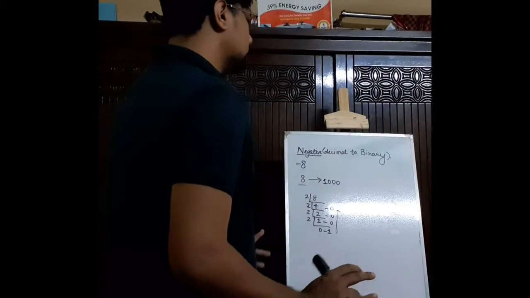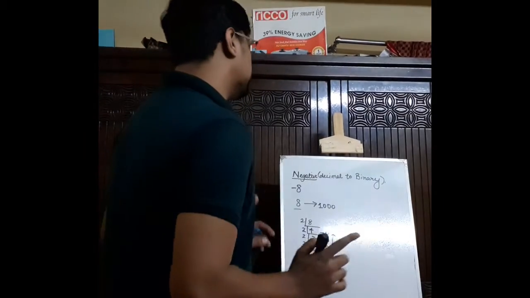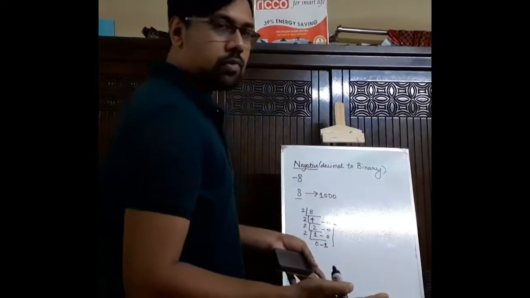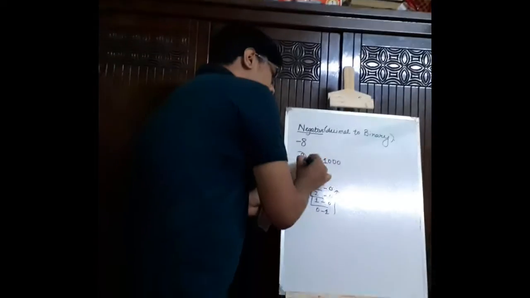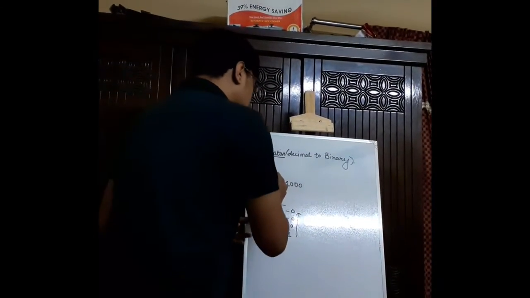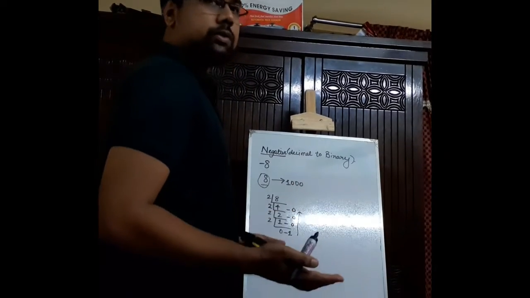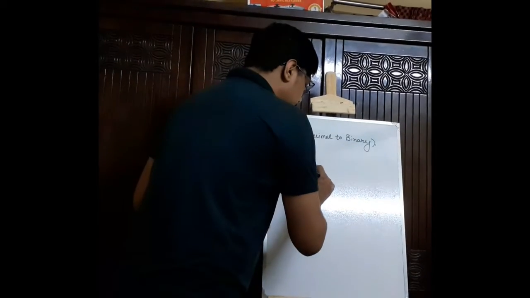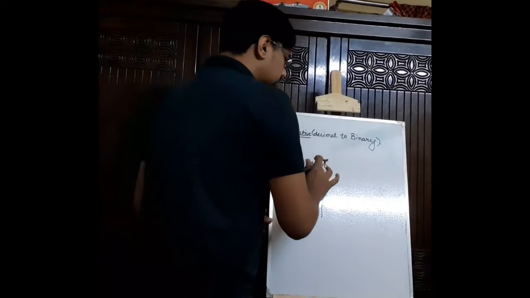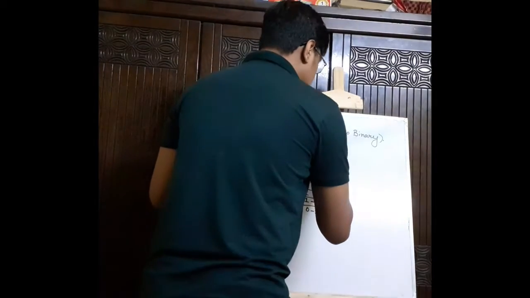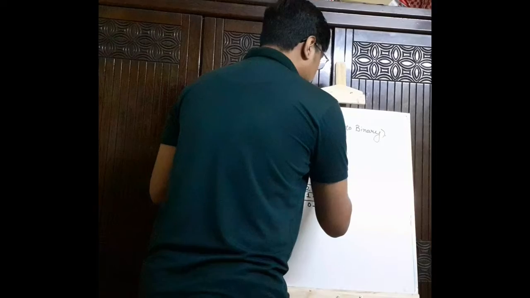But there is a thing you need to remember: if we are working with a negative decimal number, after converting the positive value to its corresponding binary value, we have to do some sort of zero padding. Are we familiar with that one? Not really, I guess. So as you can see, how many bits are there in this case? 1, 2, 3, 4. There are 4 bits, right? In this case, we have 4 bits available.